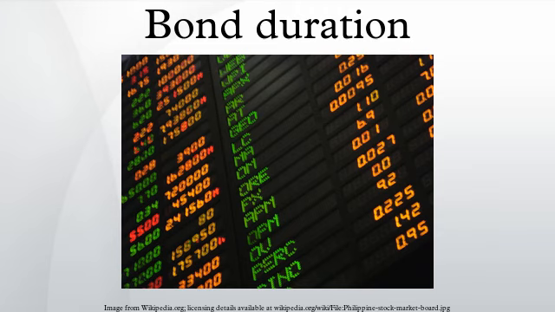Embedded options and effective duration. For bonds that have embedded options, such as putable and callable bonds, modified duration will not correctly approximate the price move for a change in yield. To price such bonds, one must use option pricing to determine the value of the bond, and then one can compute its delta, which is the duration. The effective duration is a discrete approximation to this latter, and depends on an option pricing model.